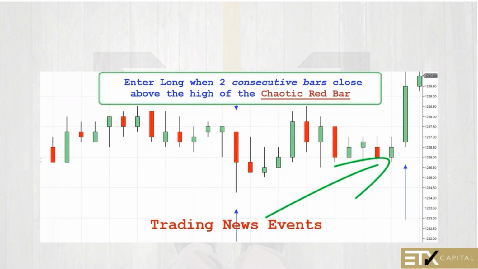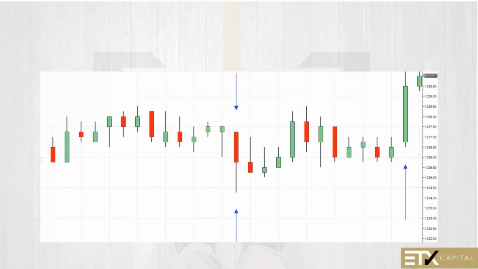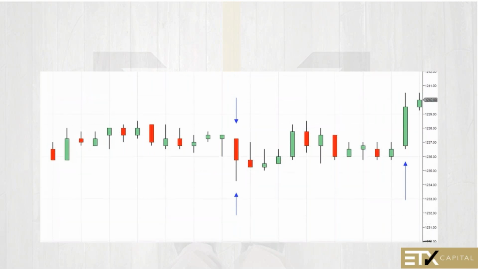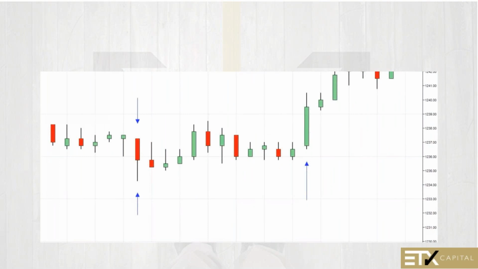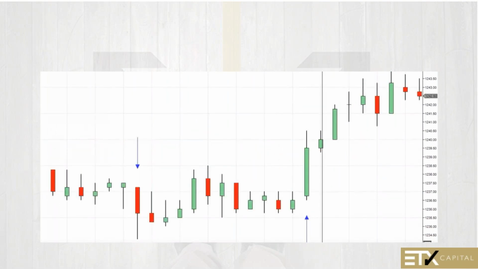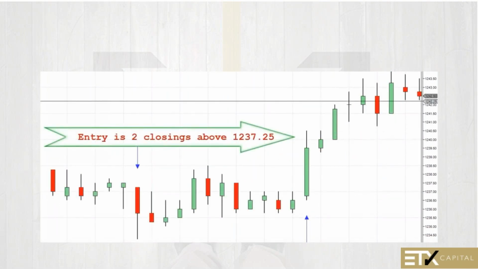Now, if this was a reverse, if that candle was green, if the initial reaction of the market to the news was green, I'd look to be doing the absolute opposite. I'm looking to go short the low of that green bar. So in this case, this happened to be a bullish move to the upside, and it occurred because of that news event effect. So now as I go into the future, you can see that the market,